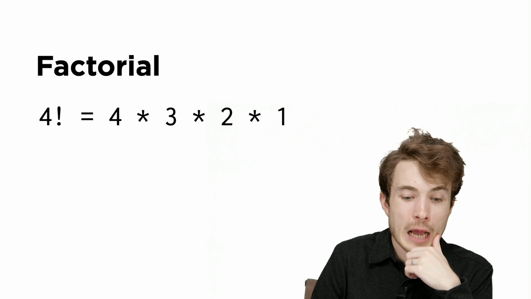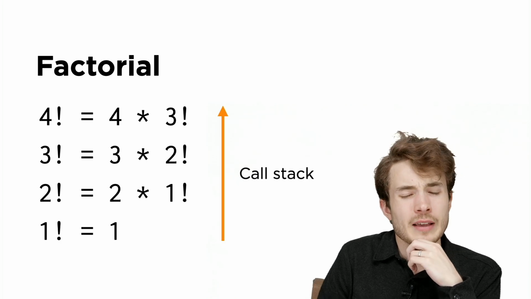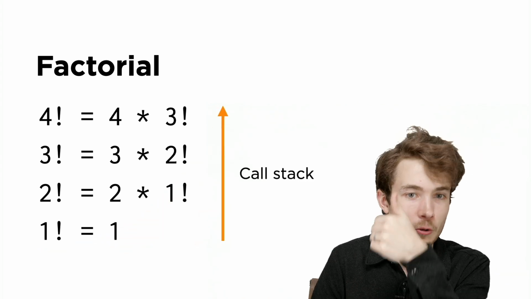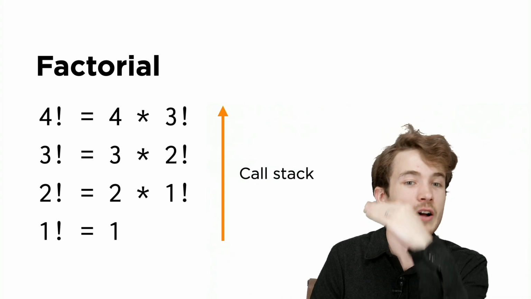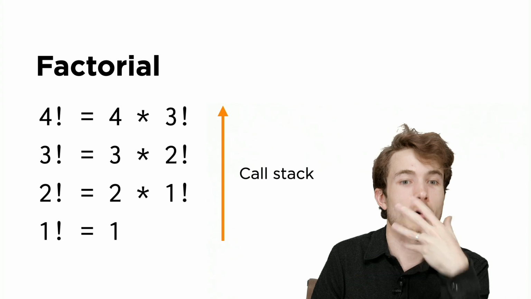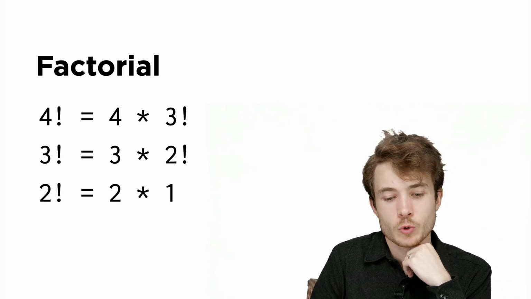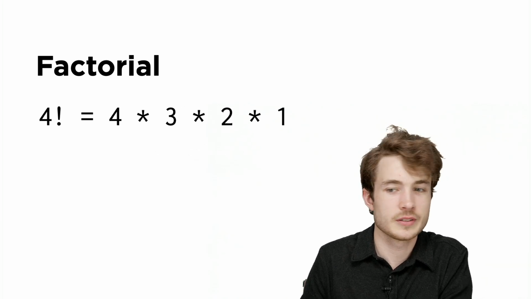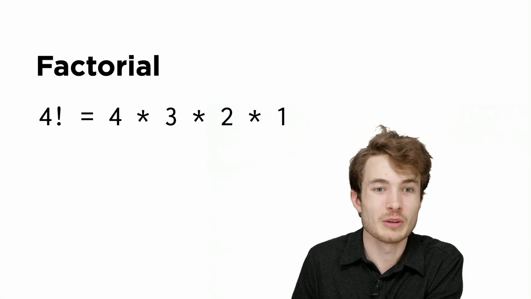And to be clear here, the vocabulary is that we're calling these functions again and again and again. And when we get to that base case, we go back up what we call this call stack. We're calling it a call stack because we're calling functions, and they kind of stack on top of each other one at a time before we resolve everything all at once at the end. So, questions here on this recursive solution to factorials before we write our own implementation in C.